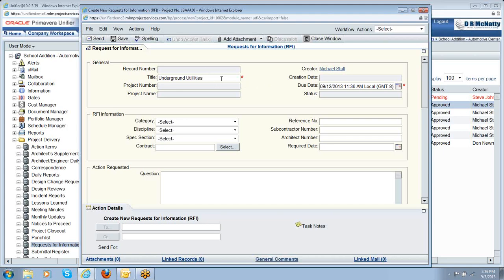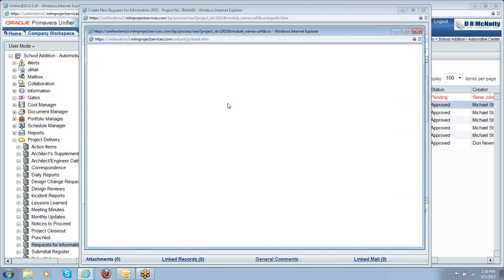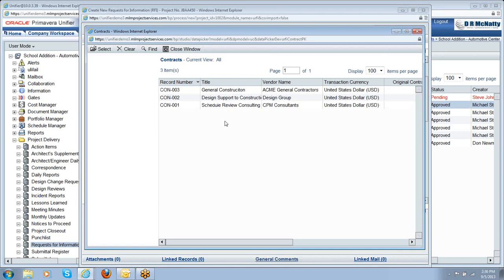Then we have specific, right here, red asterisks for required fields. Then under category, I can select my different information. I can link it to a specific contract, which is important because there is a linked records and a way that you can link documents to